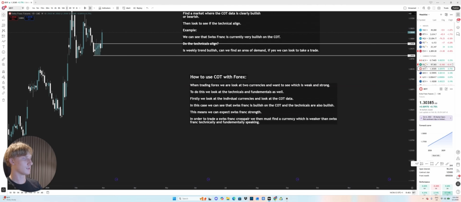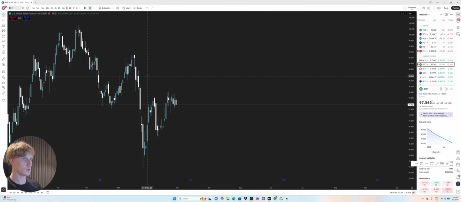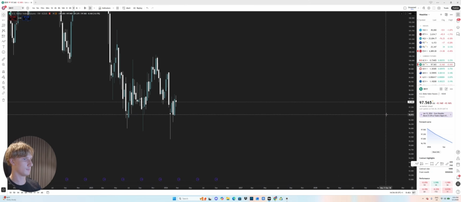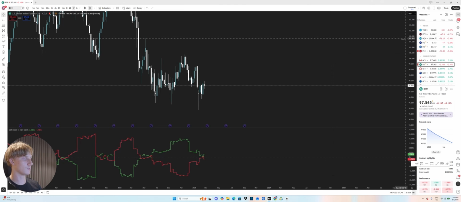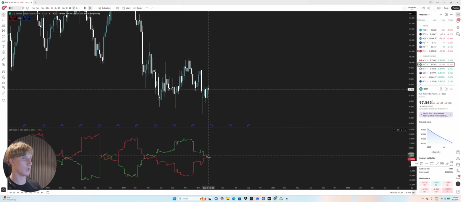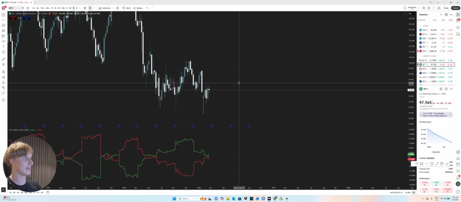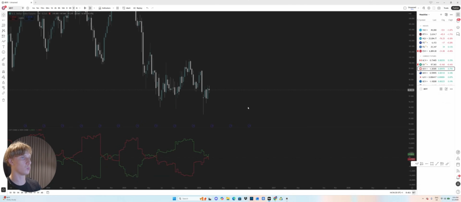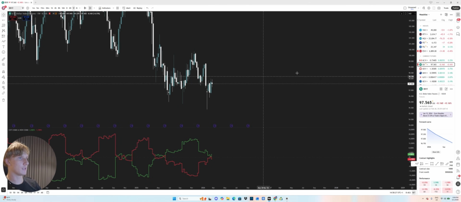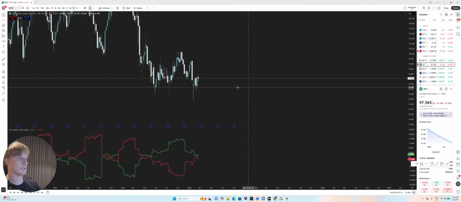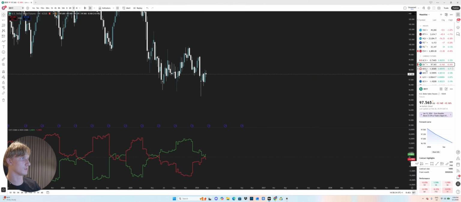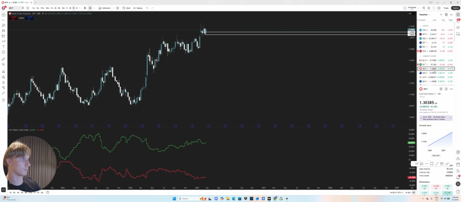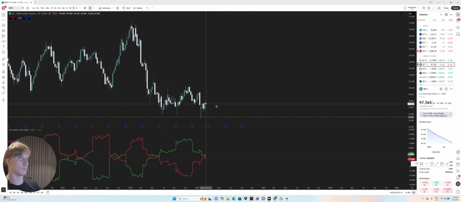So, in this case, let's go ahead and take a look at the dollar. So, dollar, I'm going to go to the weekly. Let's go ahead and get up the COT. Now, the COT, as we can see on the dollar, is not extremely bearish by any means. However, we can see that it's significantly weaker than the Swiss franc, if it wants to load. So as I was saying, in comparison to the Swiss franc, we can see that the dollar is currently looking much weaker. If we take a look, COT here, extremely bullish, COT over here, not bullish.